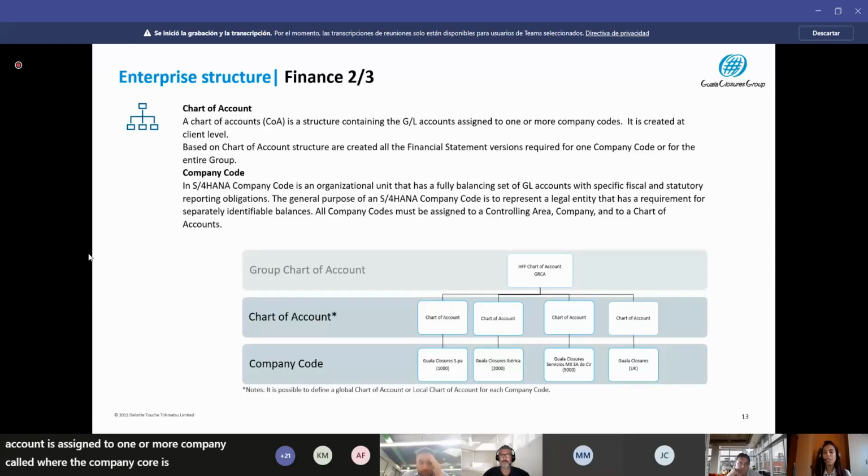And below, each chart of account is assigned to one or more company codes, where the company code is the core of SAP because it links finance and the other essential functions, for example, sales and logistics. It includes, specifically in finance, GL accounts with specific fiscal and statutory reporting obligations. That is a single legal entity. And then